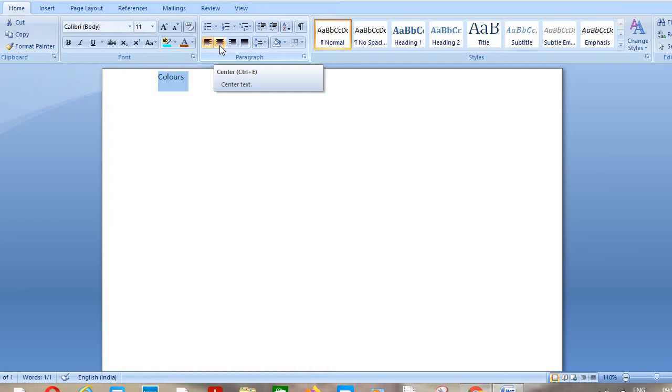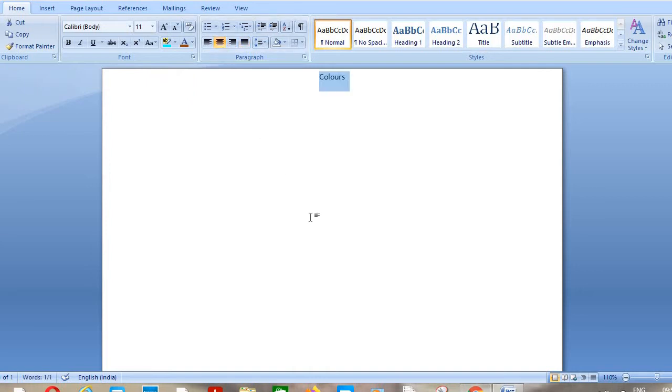So as soon as you select and click, your text automatically moves into the center position. And if I click on this, your text will move in the right direction. And justify means neither left, nor right, nor center, completely different from those. Okay, justify. So now we will keep it in center.